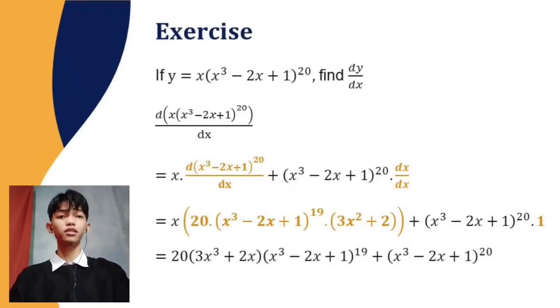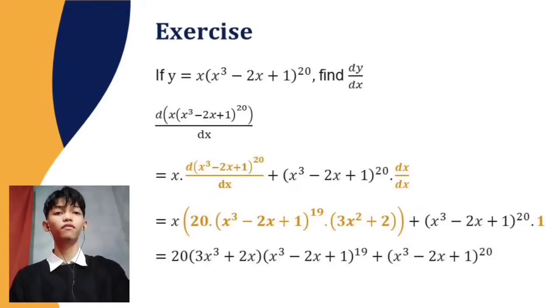Because in the last exercise we have the result of the derivative of x cubed minus 2x plus 1 all raised to the 20th power, that's equal to 20 times x cubed minus 2x plus 1 all raised to the 19th power times 3 times x squared minus 2. And then we also know that the derivative of x is equal to 1,